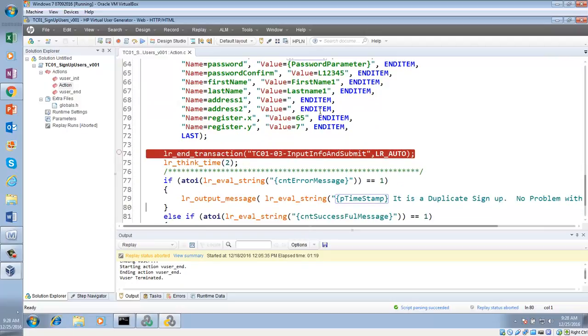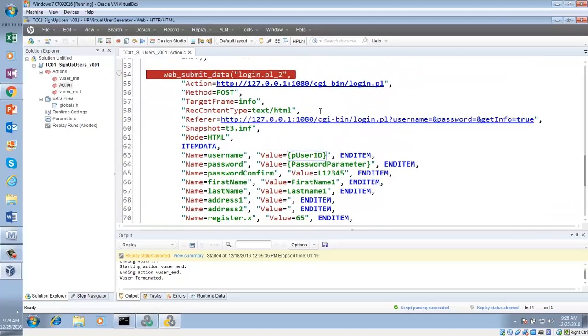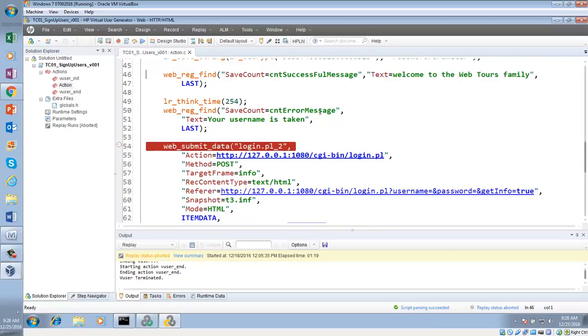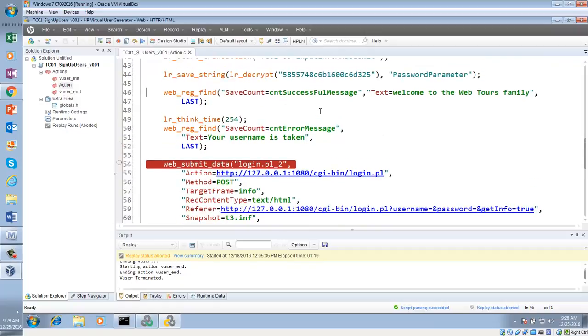After that input info and submit, we have some conditions. Before we submit the info, we have some counters. If the submission is successful, we count when we get the successful message. And if we get an error message, we have another counter, right?